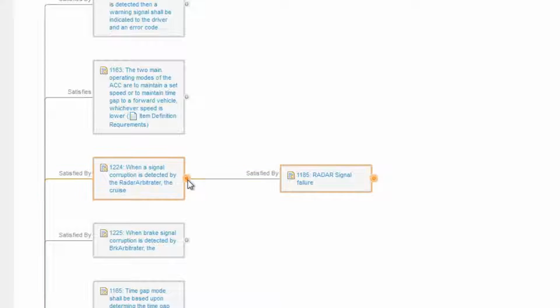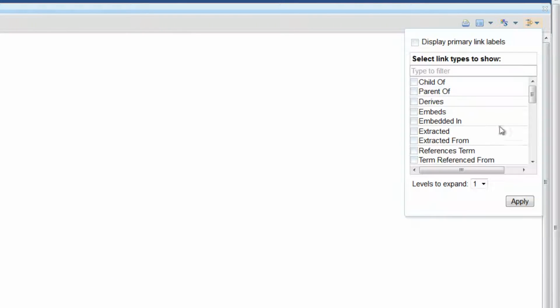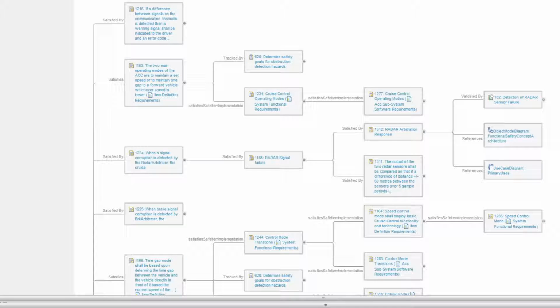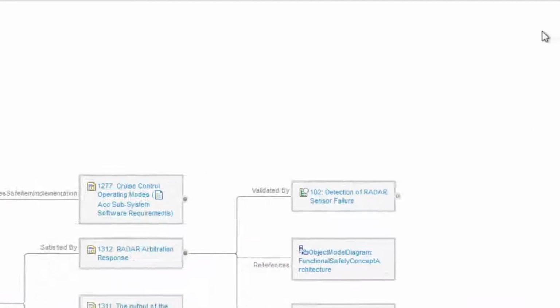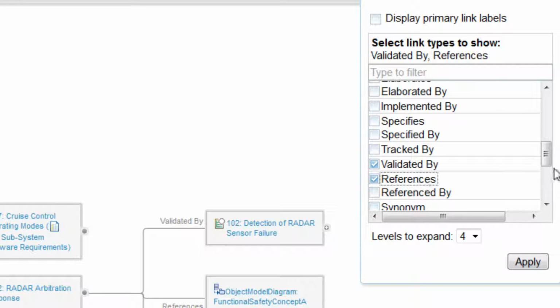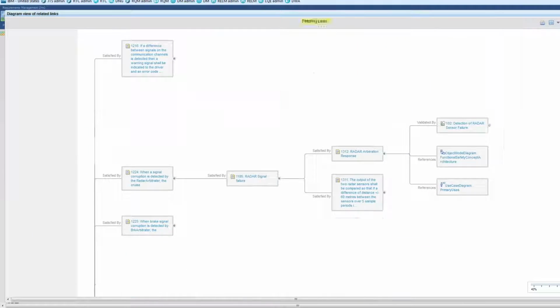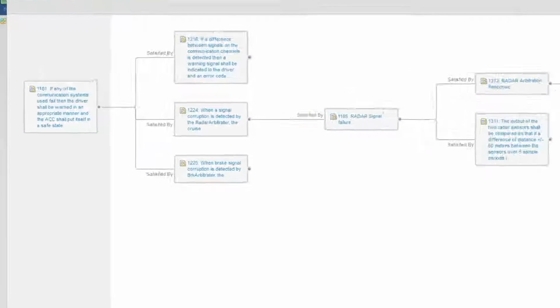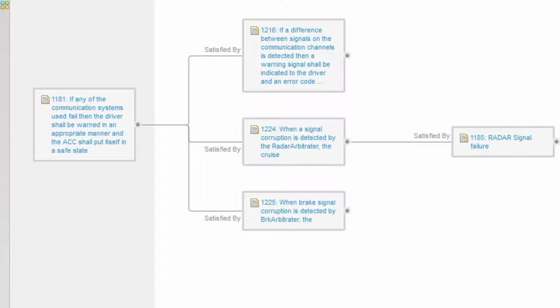The automatically generated traceability graph may be expanded or contracted manually, or automatically to any number of levels. Hovering over a node highlights that traceability path, making it much easier to visualize. Filters may be applied to the graph, allowing you to focus on specific traceability information. Applying filters to this graph shows that the original safety goal is satisfied by 3 technical safety requirements, which are